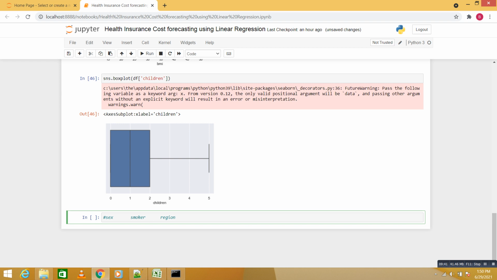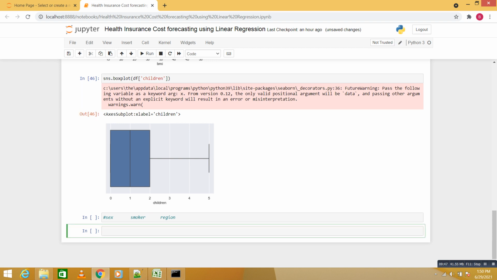Label encoding is already provided as a library by sklearn: from sklearn.preprocessing import LabelEncoder.